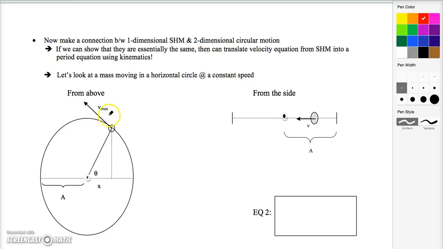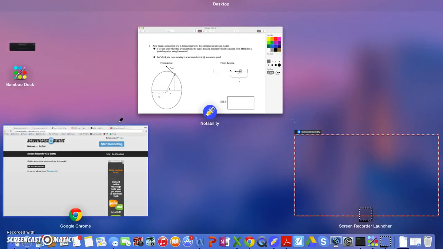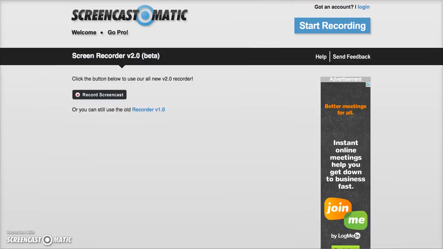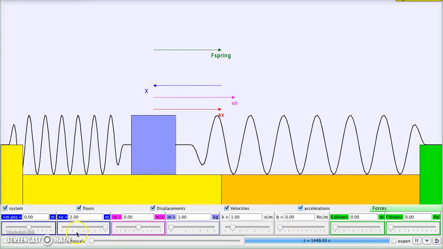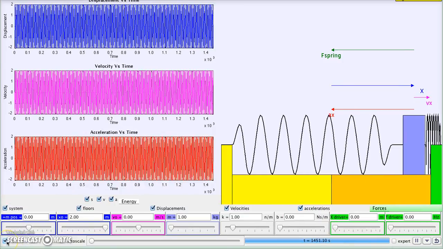The maximum velocity is tangential to the circle. Okay, and we want to show that this also looks like a simple harmonic oscillator. So if we start off with just addressing that last concept, if we look at the animation that we were playing with before, and we put our plots,